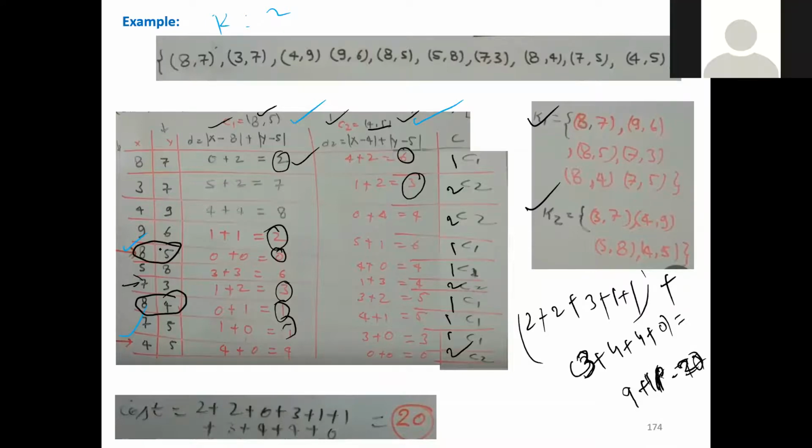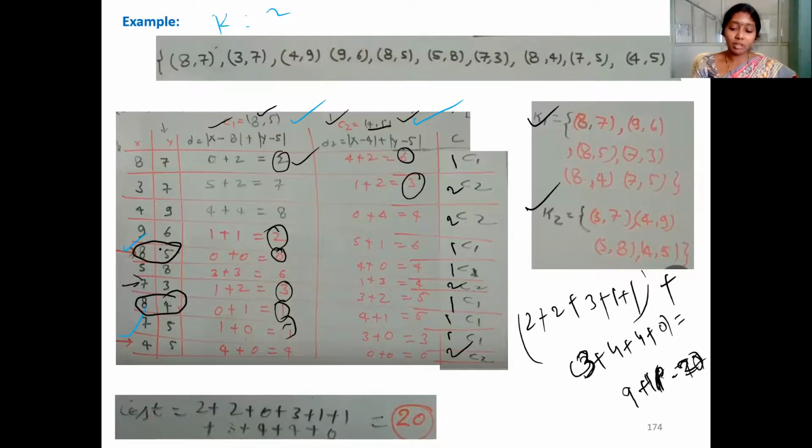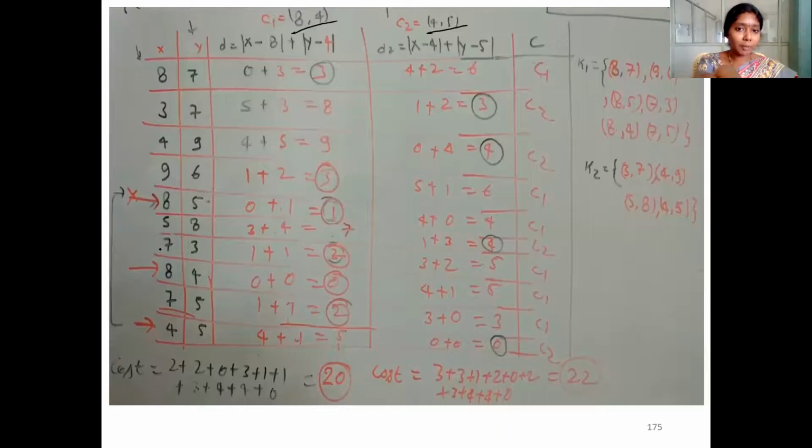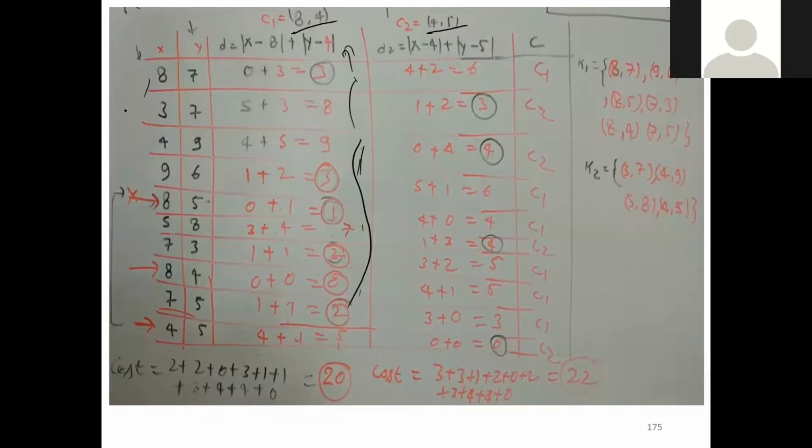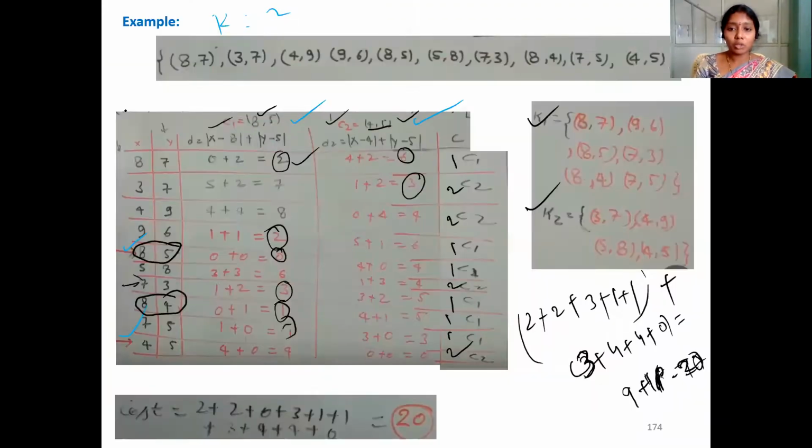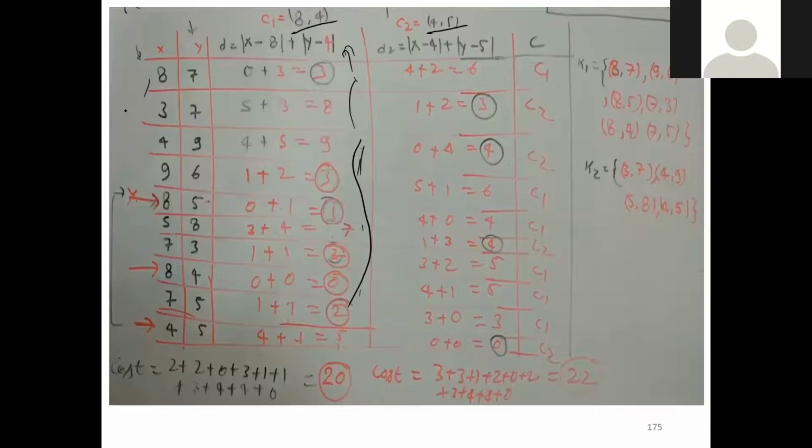We find the distances, ma'am. The distance between 8, 4 and all the remaining elements we need to calculate. And based on the distance, we need to reassign the elements again. So here, these are the obtained distances. Okay, let's do the same process again. So coming to this first element 8, 7, it belongs to C1, ma'am. C1, cluster 1. Similarly, the second element belongs to cluster 2. So like this, you can proceed based on the distances.